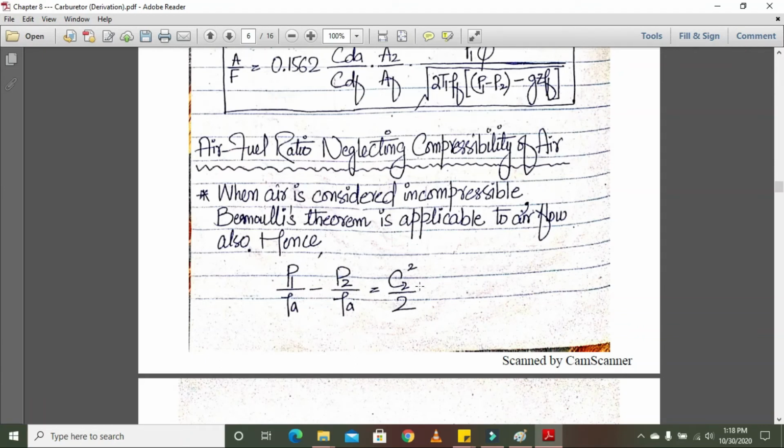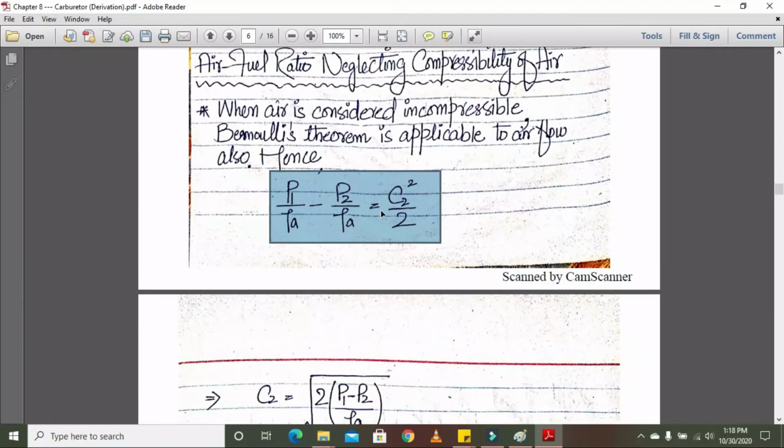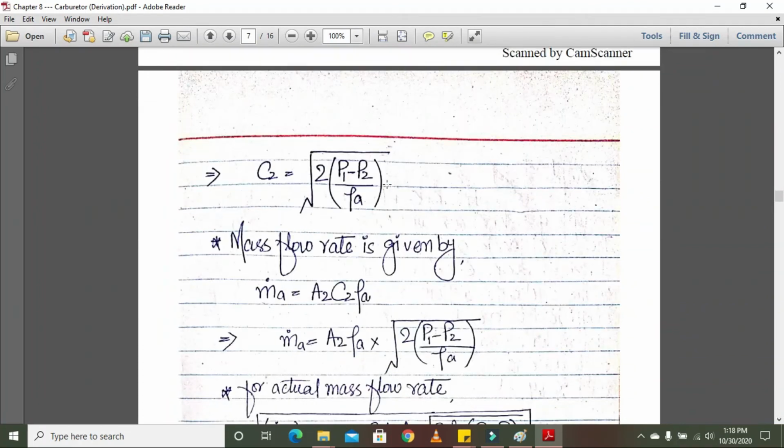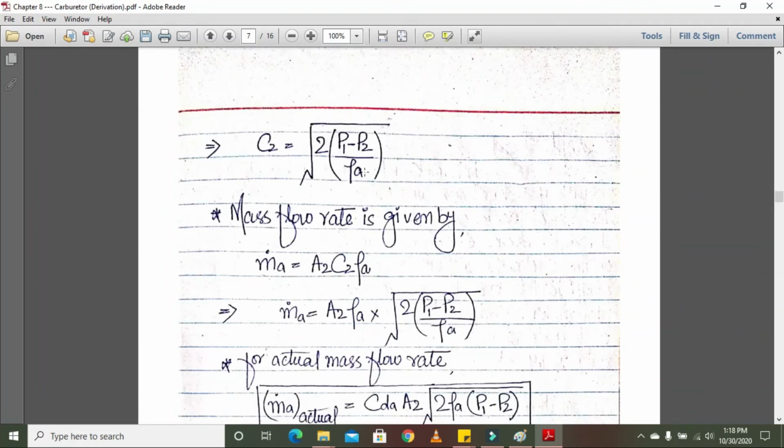Since we are considering air as incompressible, we will simply apply the Bernoulli equation and we will get this relation, and we will rearrange it to obtain the relation for C2, which is this. Since now we have obtained the relation for C2, and we need to determine the mass flow rate of air,